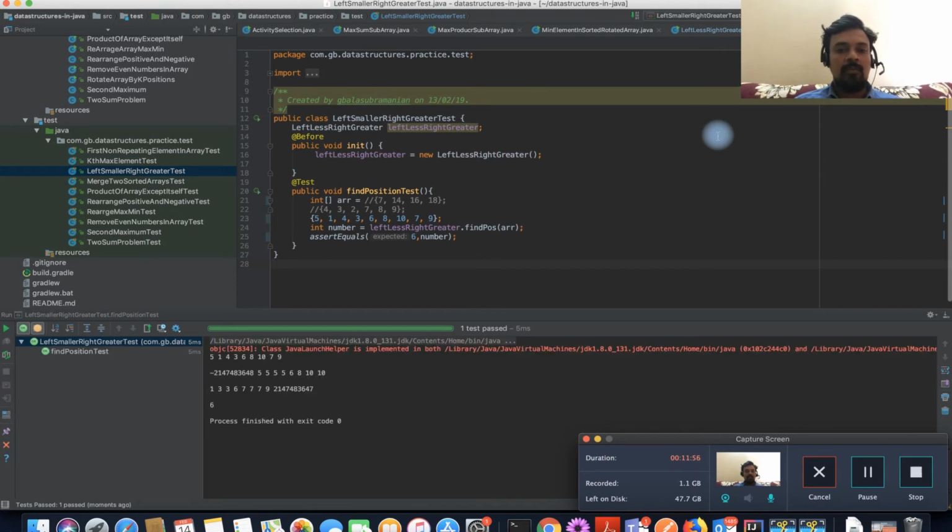Yes, sir. So the same problem can be solved without using the right min extra array. So I would leave that as your homework, for your practice. We are using 2n extra space, and if you can solve it with O of n extra space, that would be good, and post that in the comment